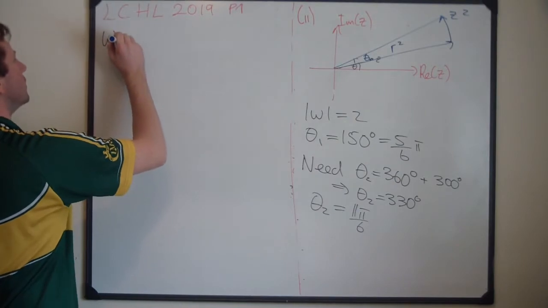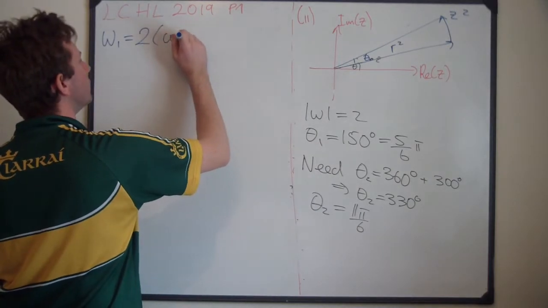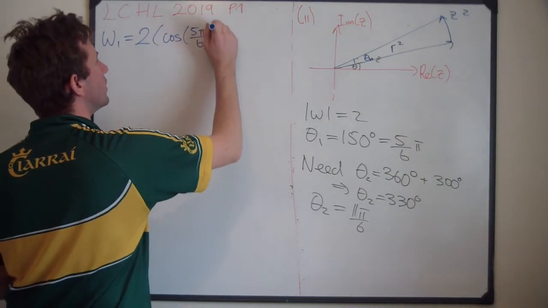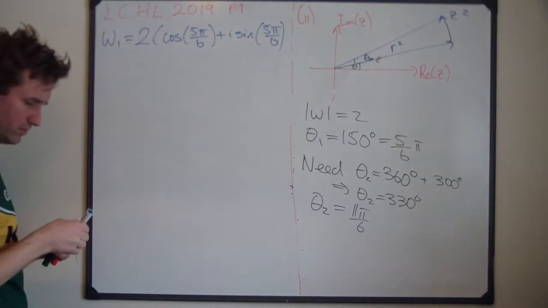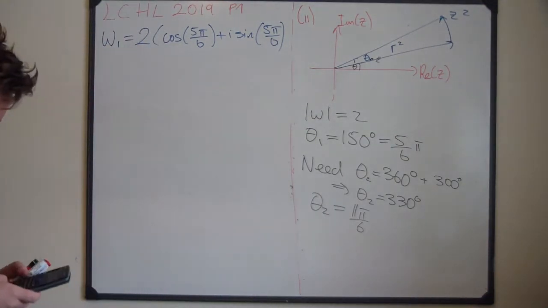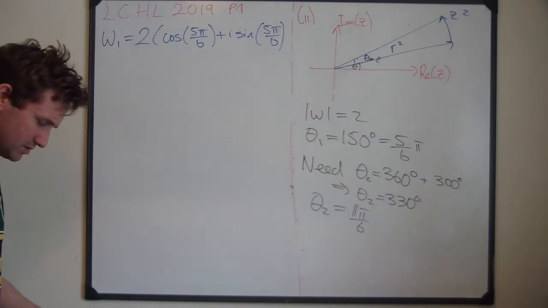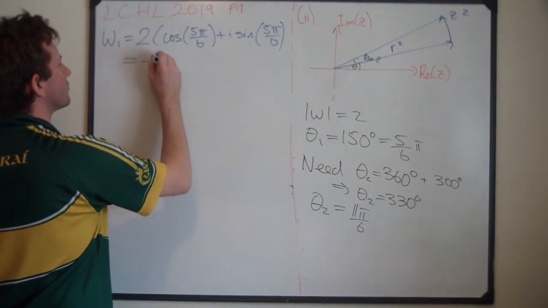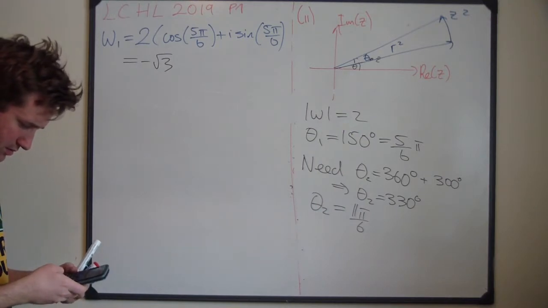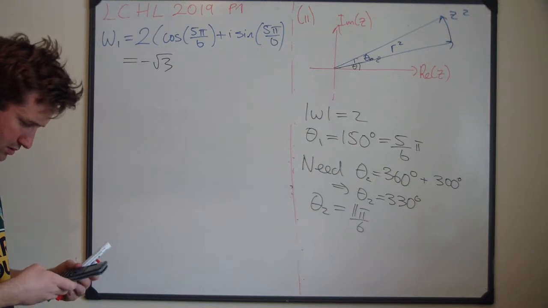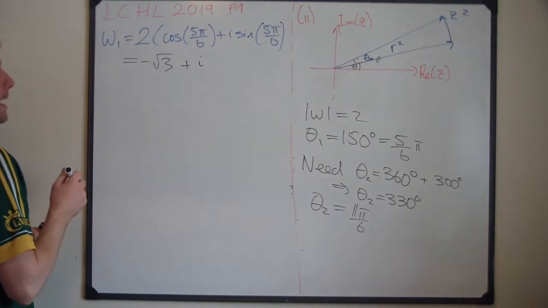So let's say W1 is equal to 2 cos of the first angle, 5 pi over 6, plus i sine 5 pi over 6. And then I'll probably actually use my calculator here, which I'm not mad on, but anyway, 2 times cos 5 pi over 6 is minus root 3. And then I'll just go into the calculator and change the cos to sine. I get plus 1 times i. And then the other one,